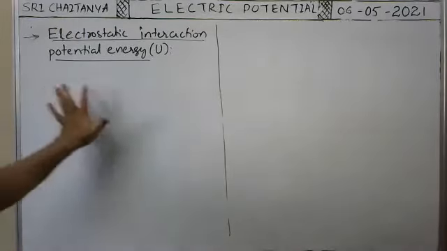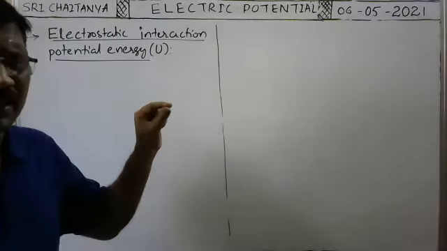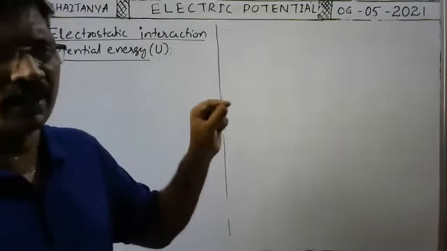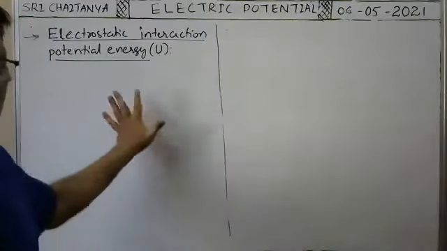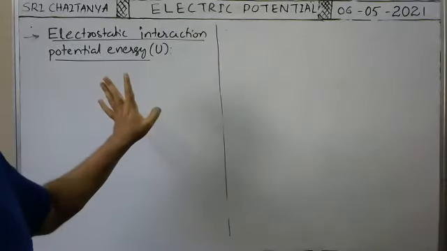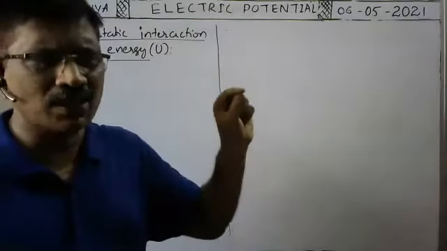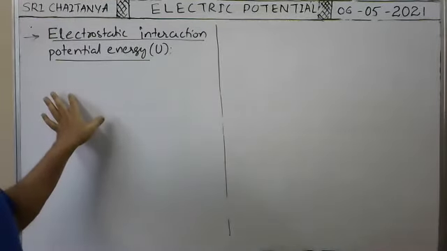Here no electric field is there, as no charge is there. Is there any amount of work to be done to bring the charge Q1 from infinity to any point in this space? In the space, there is no electric field initially. No charges are there. That's why to bring any charge Q1 initially from infinity to this point, is there any work to be done? Respond in chat box.